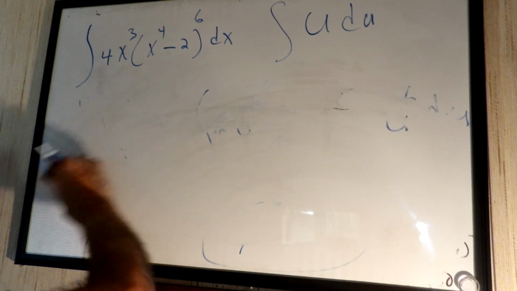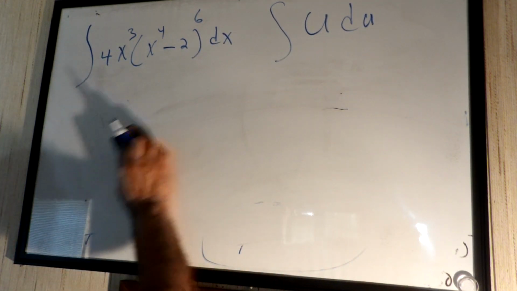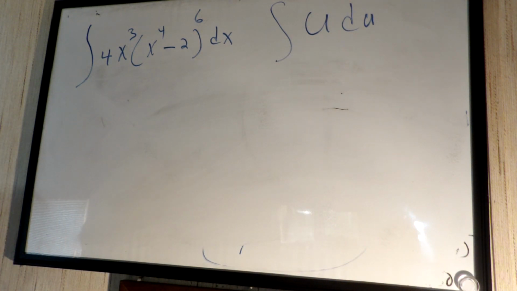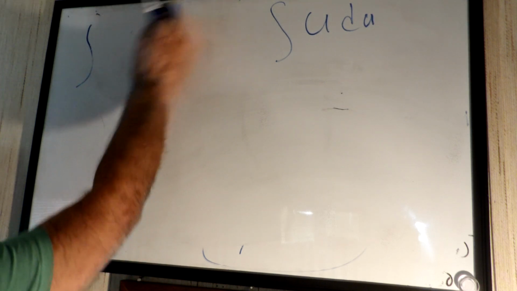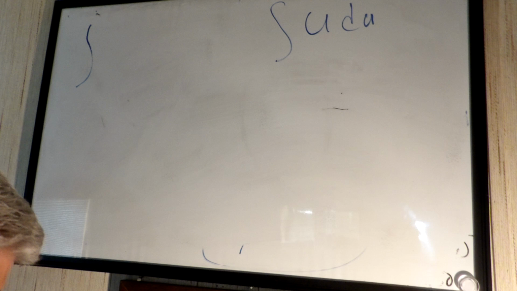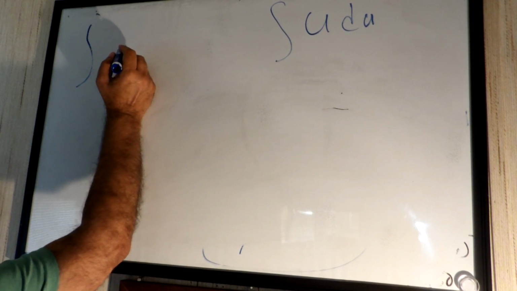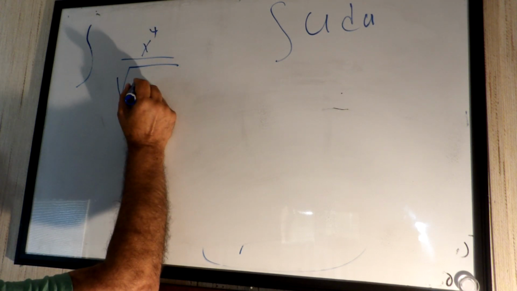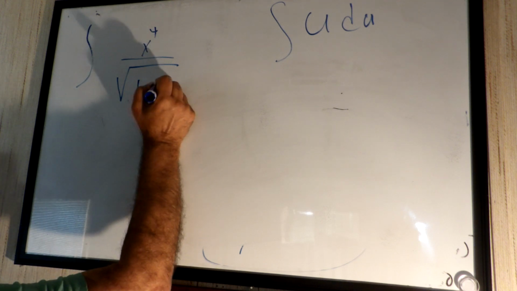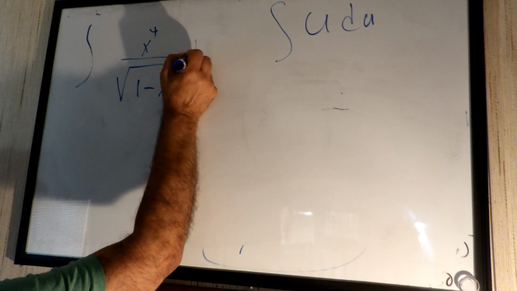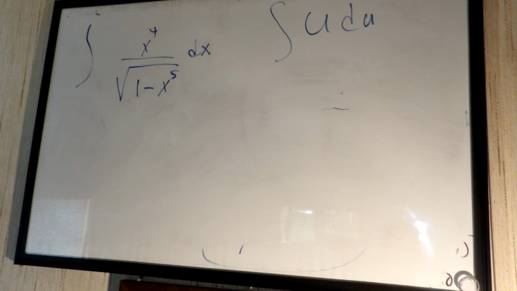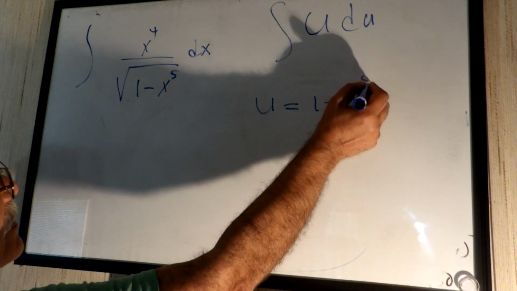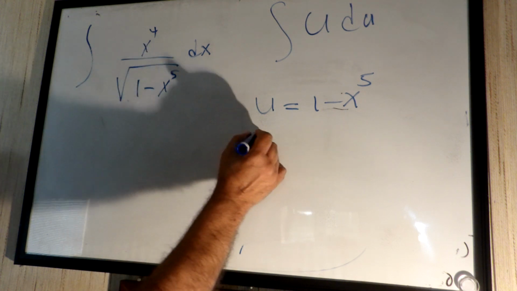So if we have something like x^4 times the square root of (1 - x^5) dx, you want to integrate this one by substitution. You use u equal to 1 - x^5,